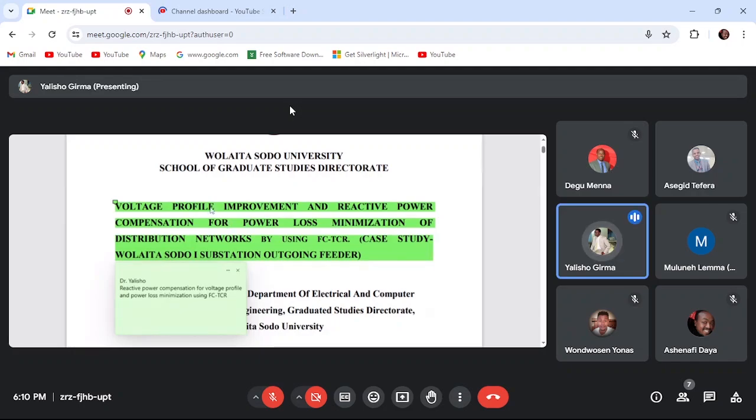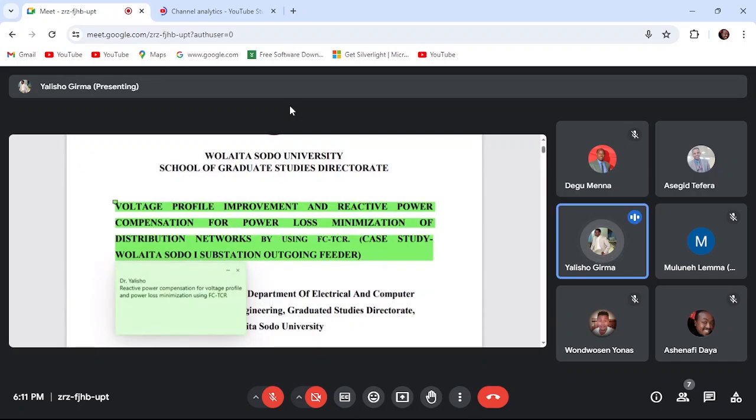So I don't see this title as sounding logical to me. Voltage profile improvement can be the result of reactive power compensation. So it can be rephrased like reactive power compensation for voltage profile improvement and loss minimization. That's enough. And you can take the FCTCR to the